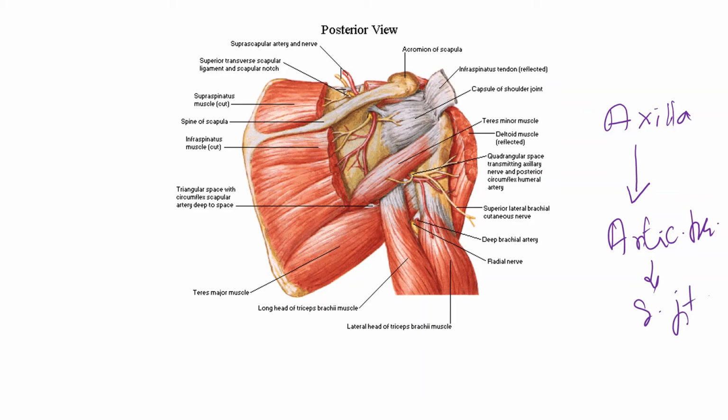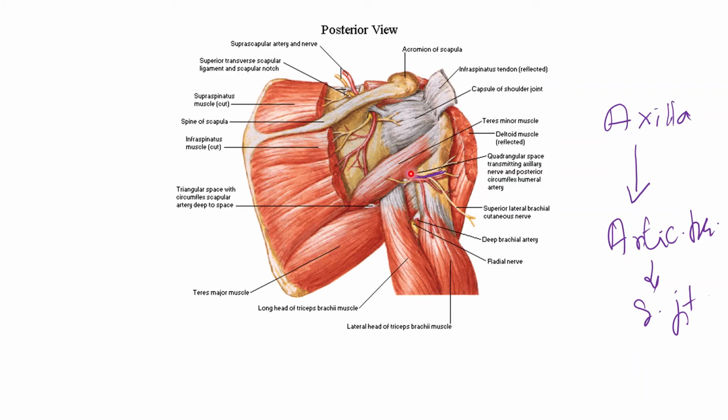Once the articular branch arises from the axillary nerve in the axilla, the nerve enters the quadrangular space to divide into its anterior division and the posterior division. So here we can make out the nerve dividing into the anterior division, the thick anterior division here, and the small posterior division.